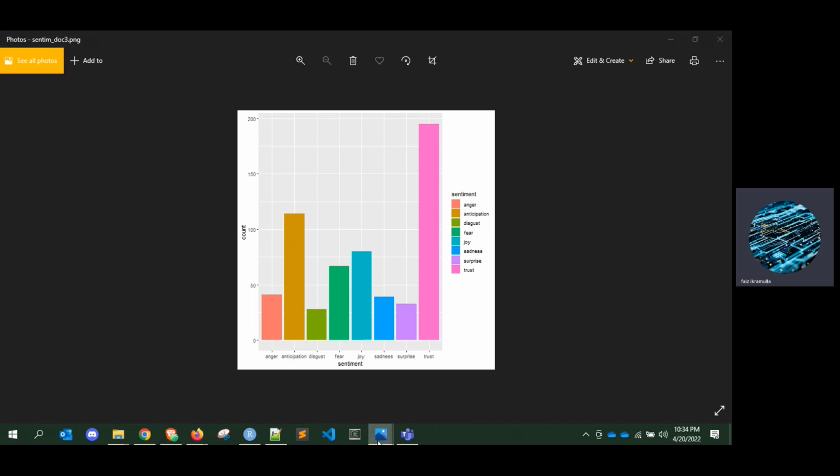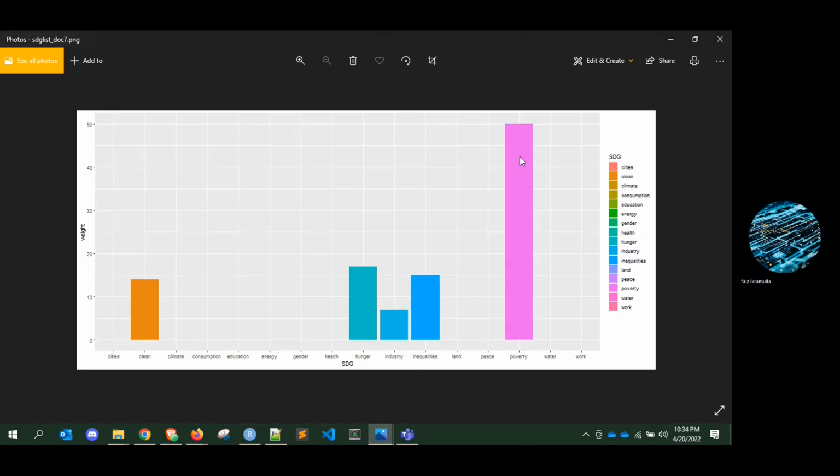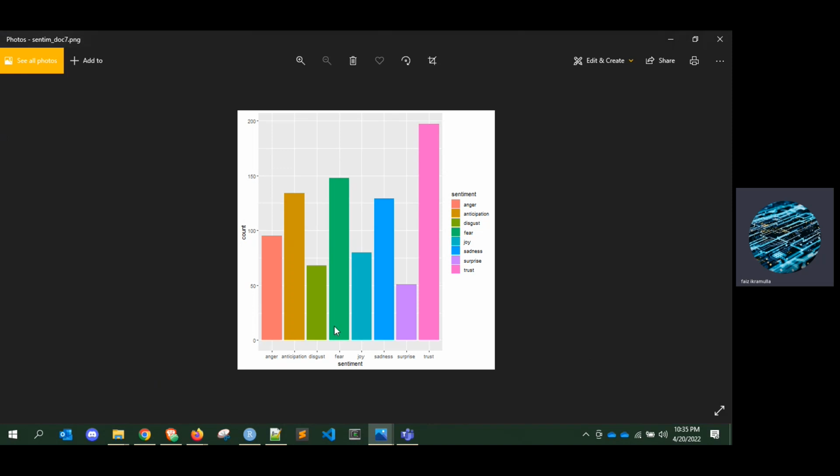Again, this is document 3. Document 7, the primary SDG covered in this document was poverty, where the sentiment analysis results differ quite a bit, including fear and sadness more so than the previous one.